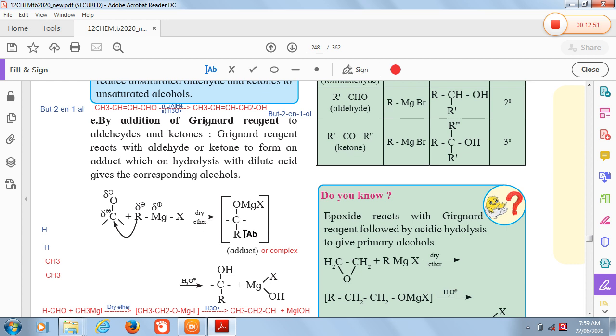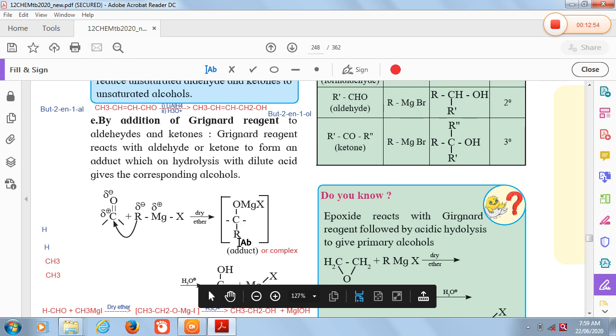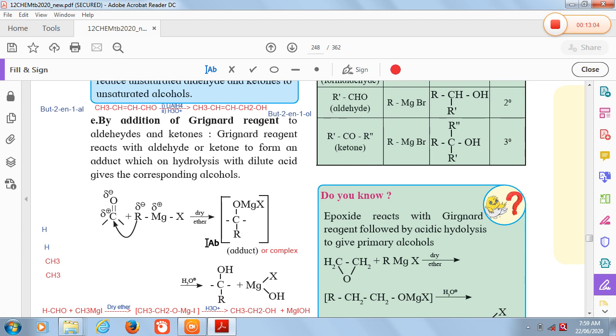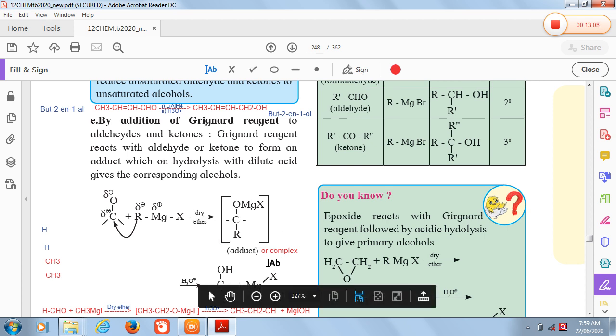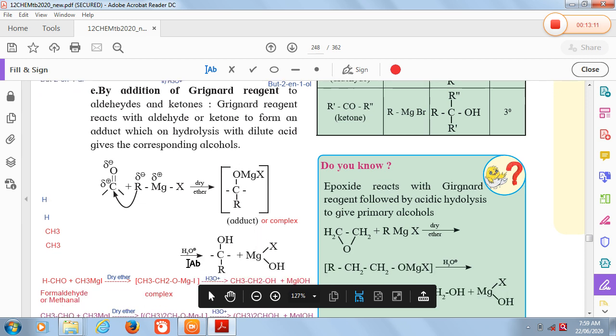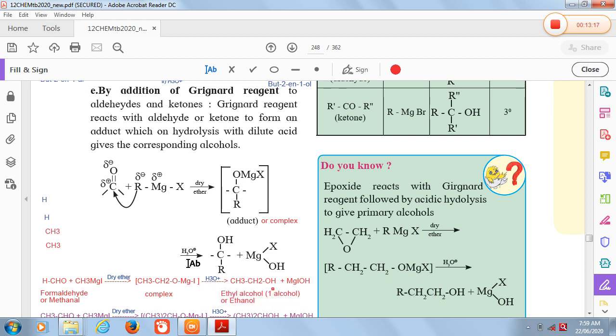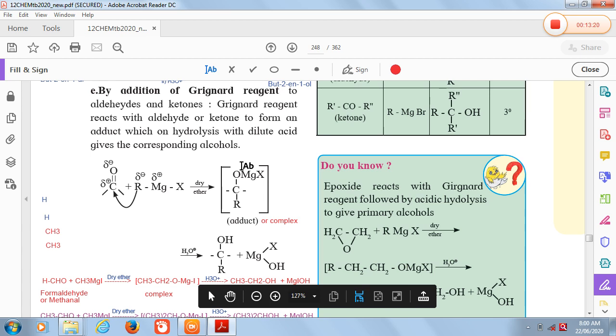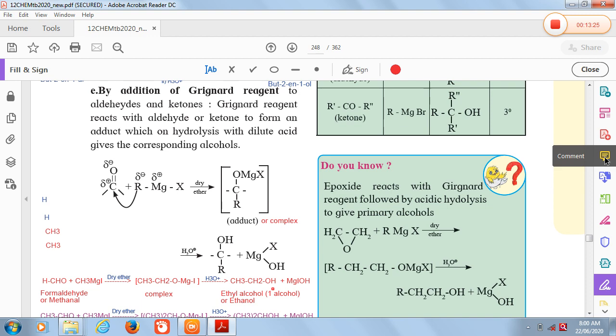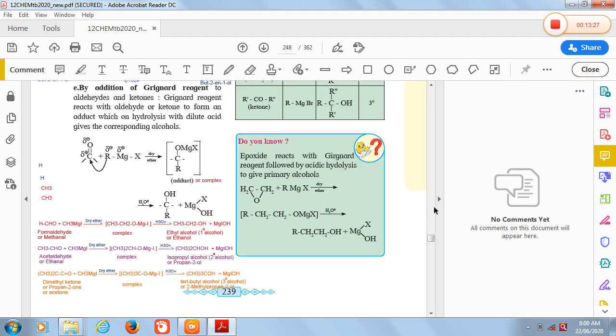We get a complex in which the carbonyl carbon is attached to the alkyl group from the Grignard reagent, and the MgX part gets attached to oxygen. So we get an unstable compound, and that is the adduct or complex. It is written in square brackets, which on hydrolysis in the presence of acid, H2O/H+ or H3O+, then simply you have to break between oxygen and Mg, and